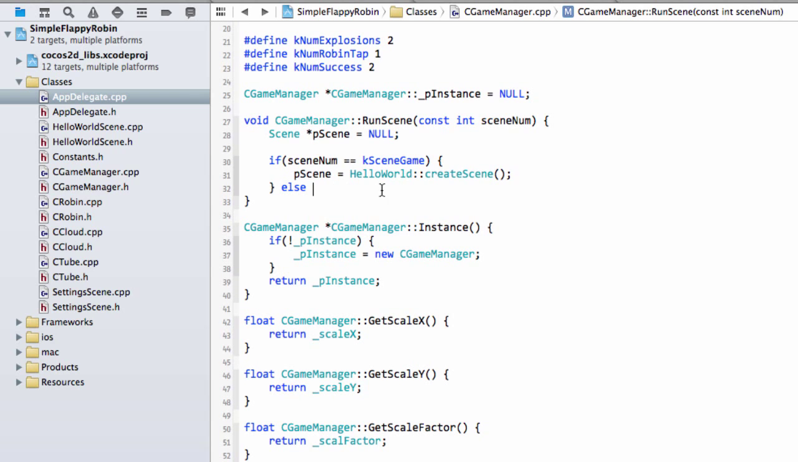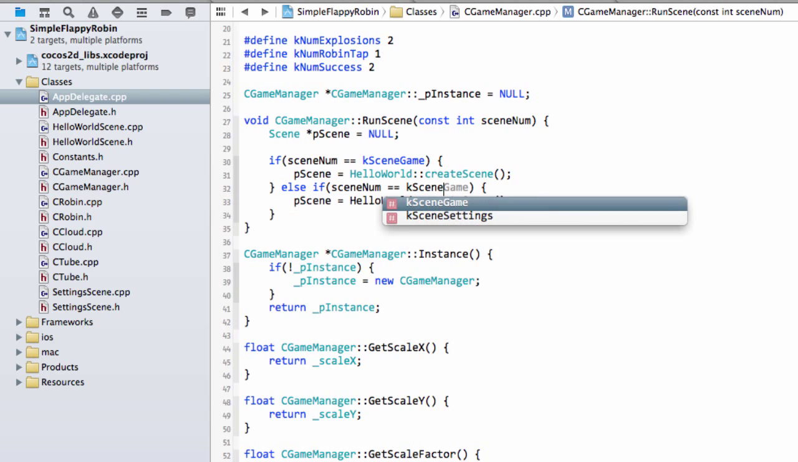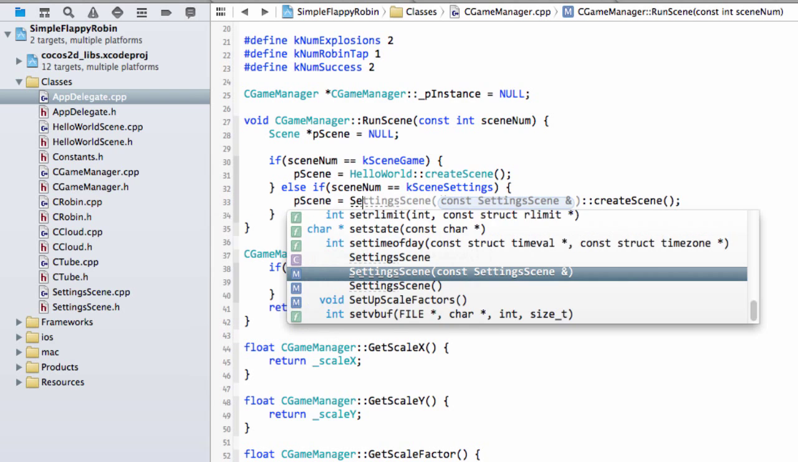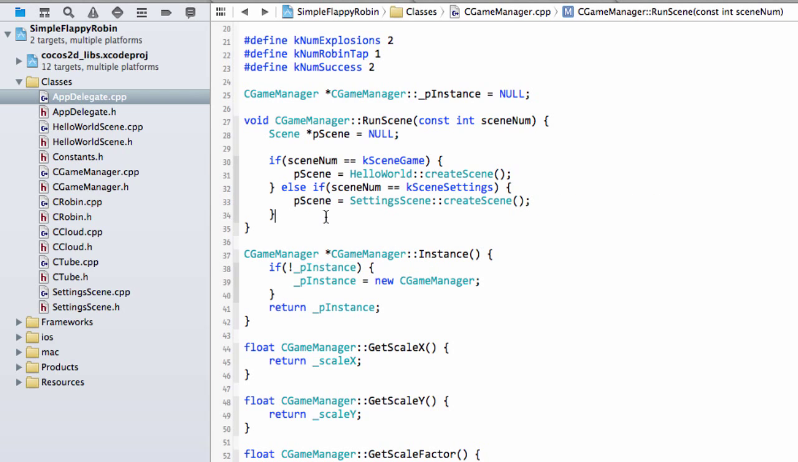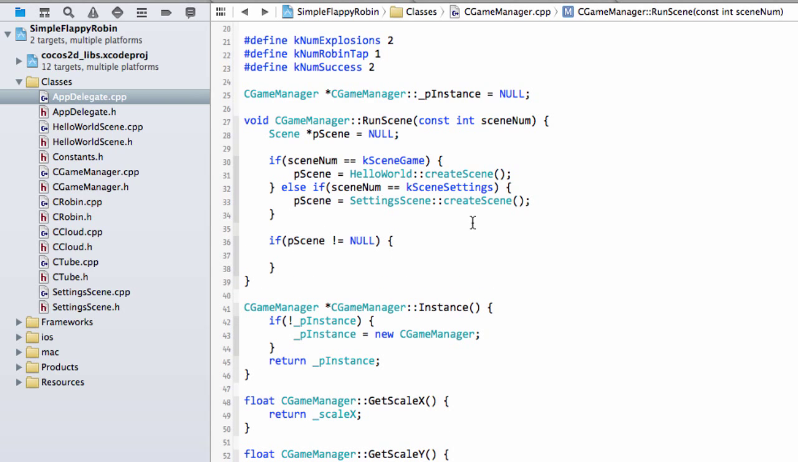Otherwise we'll say else, and then we can just copy this because it's an if, and this time if it's kSceneSettings, then we'll call our SettingsScene createScene. And now what we can say is if our pointer to scene is not equal to null, which means we sent in the correct constant, it matched one of these two constants here. So if it's not null, then we can say that